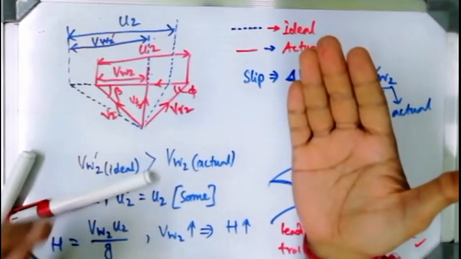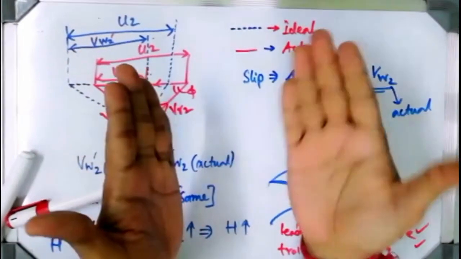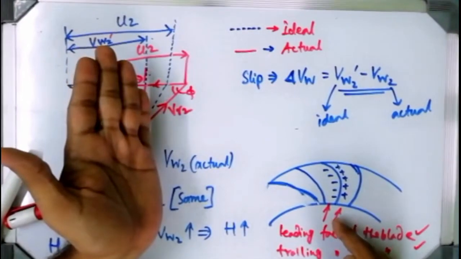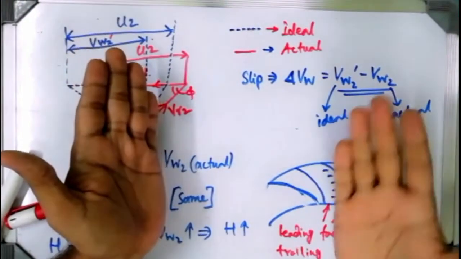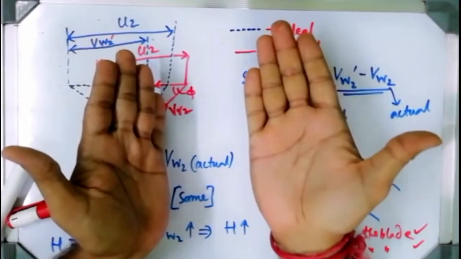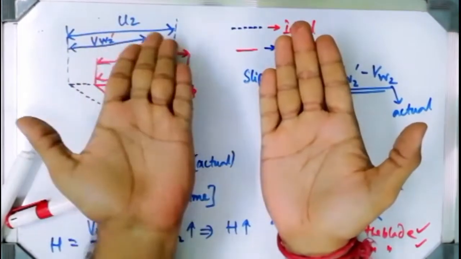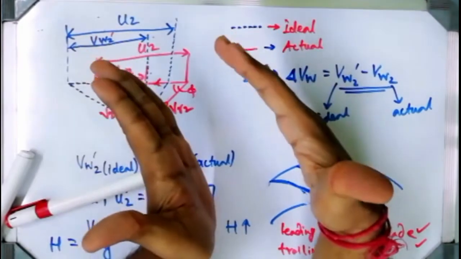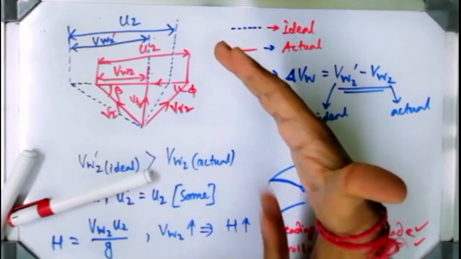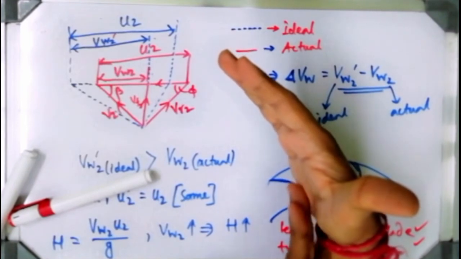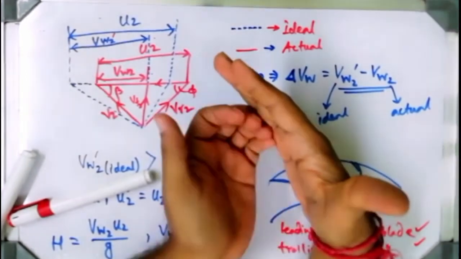It is a kind of 3D body, so it is very difficult to explain in a 2D manner. So it is a line here representing it, but it is not such a line, it is a 3D figure. So consider my palm as a blade of a centrifugal pump. My two palms are like two blades, aligned such that when the water enters from here, the leading face means the face which is at the leading side.